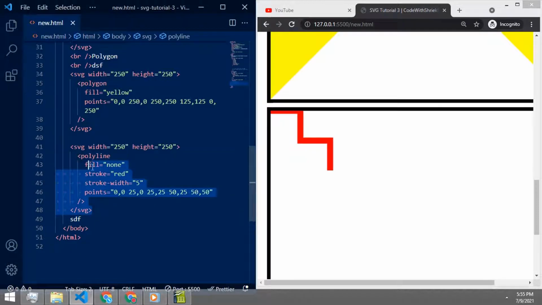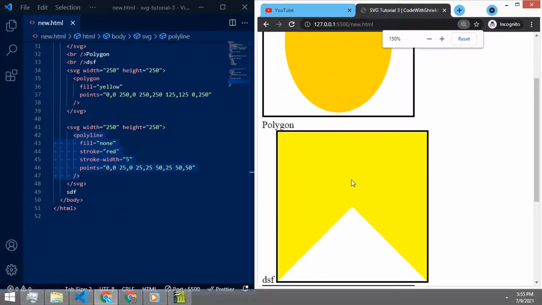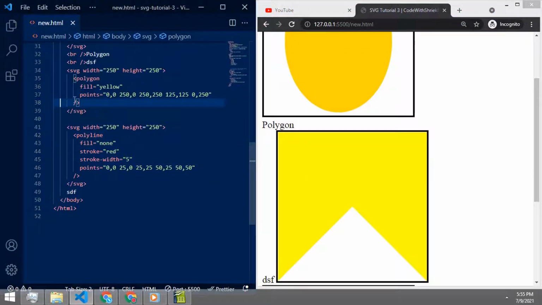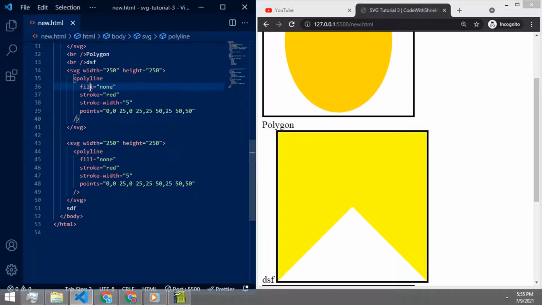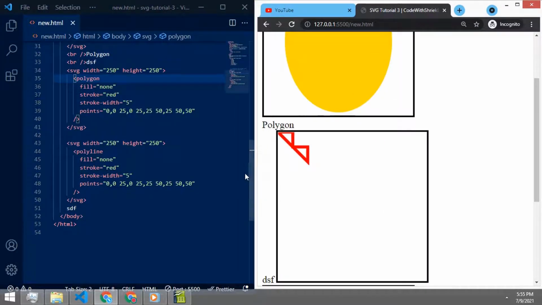But what does fill actually do in polyline and polygon? We are going to see. We copy our polyline to the polygon, and change the polygon to polyline, and change our polyline to polygon. So there is a difference between both.